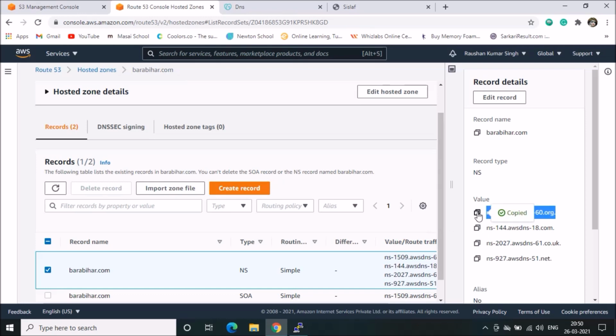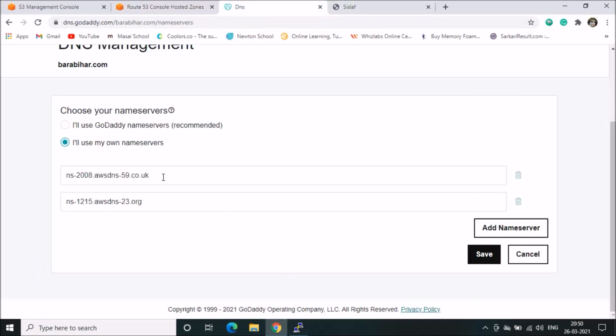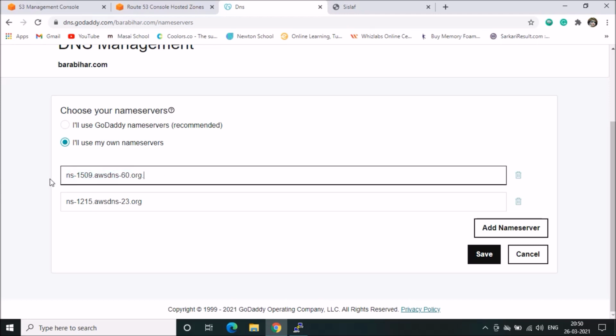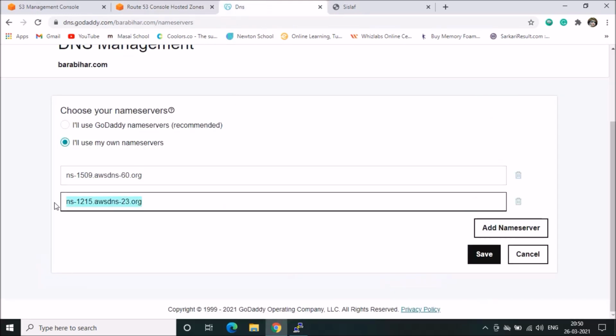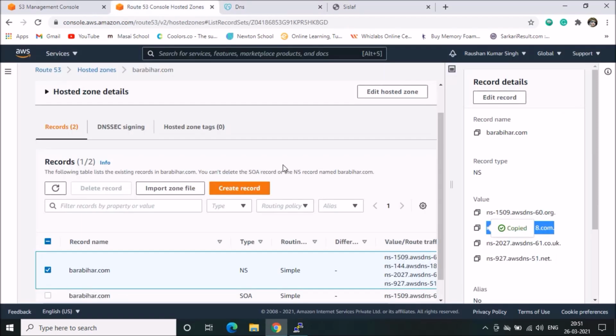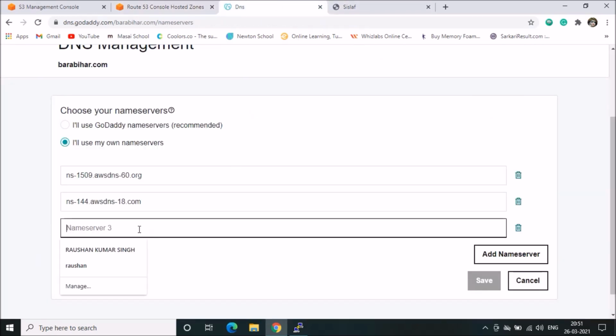We will delete that, paste it, and delete the dot from the end. One by one we will copy all the 4 records here. So we are adding this third record.